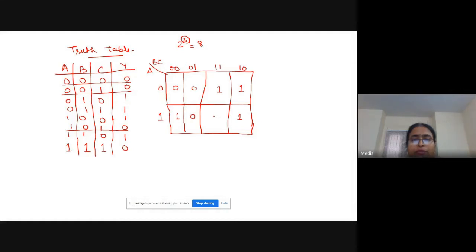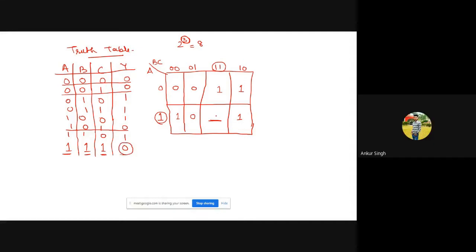What is the value of A, B, C here? A is 1, B is 1, C is 1. So this cell represents A1, B1, C1, right? Yes, ma'am, it is represented by A1, B1, C1. What is the value of Y? 0.